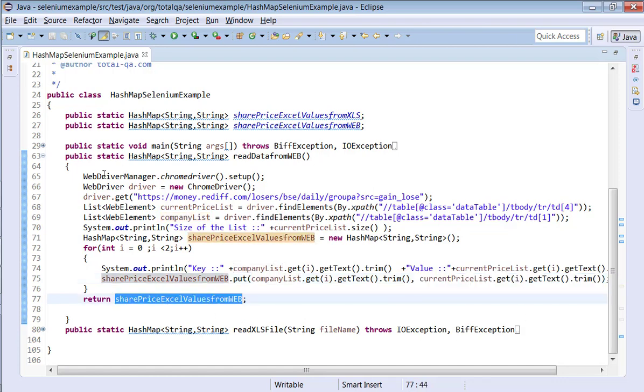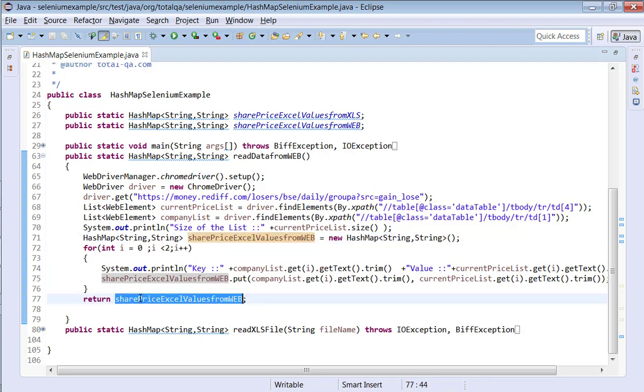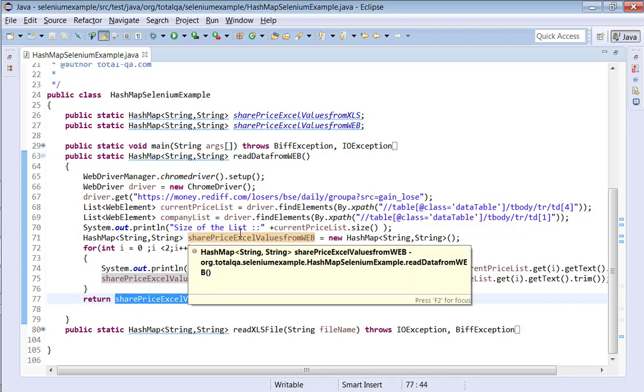This is the hash map that is defined here. The hash map is defined at the top, the beginning of the class. If you look at it globally, this has been defined, and if I control-click it, it will navigate and show exactly where it is defined. Actually here you see it is defined here. Okay, so right now what we can do, we are defining this locally. This locally defined hash map, we store it and return it in the method.